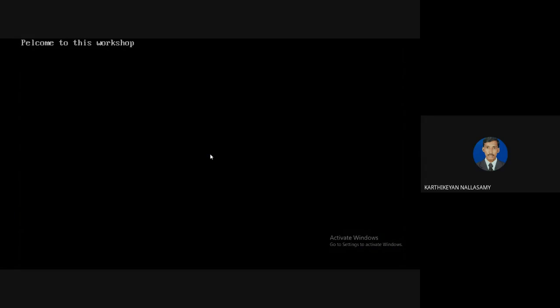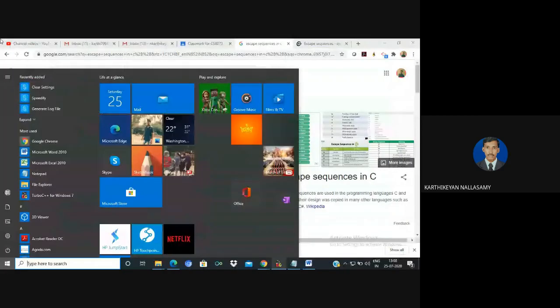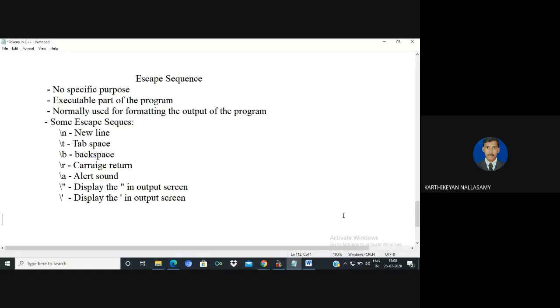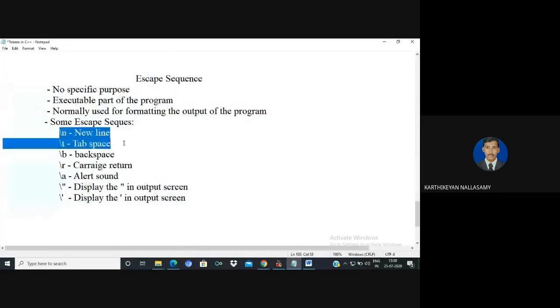Is it clear? This is the way the escape sequences work. By using escape sequences, we are able to provide a formatted output. Other than that, there is no special meaning for them. Normally, escape sequences are preferred only within output statements. In some cases, slash n and slash t are preferred for string matching conditions.